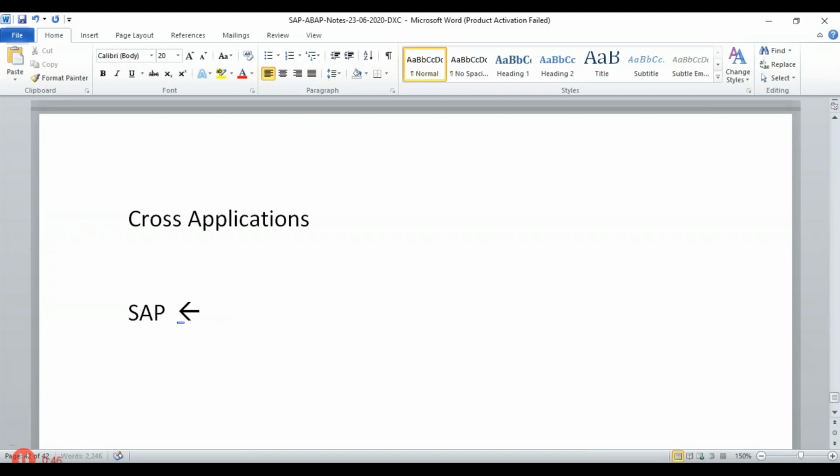So for this, within SAP and non-SAP applications, if we have to get this exchange of data between SAP and non-SAP applications, or from SAP to SAP applications as well, we'll be using this cross applications. So cross applications is a concept in which we actually send the data and receive the data between the SAP and non-SAP applications. So if you are going ahead with the SAP and non-SAP applications,